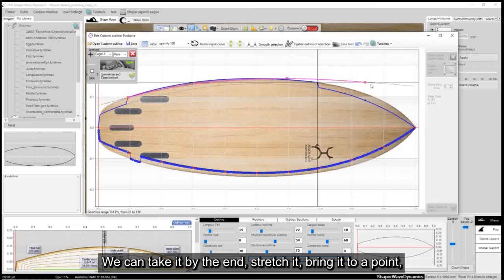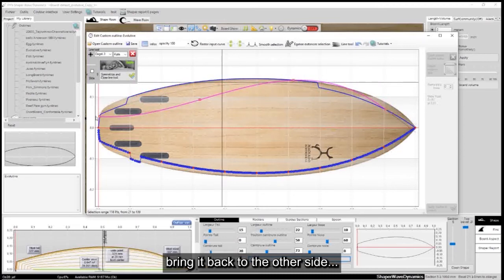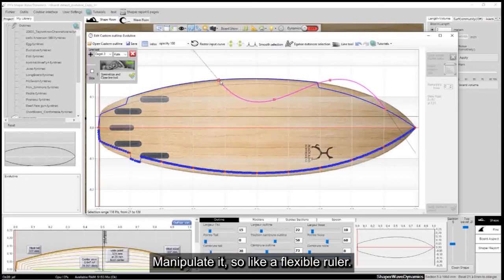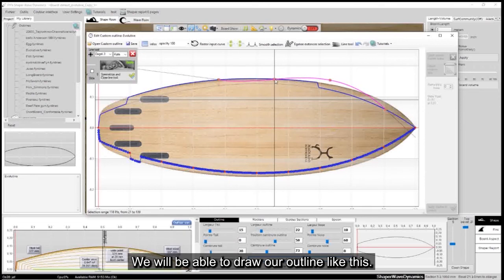We can take it by the end, stretch it, bring it to a point, bring it back to the other side, manipulate it, so like a flexible ruler, we will be able to draw our outline like this.